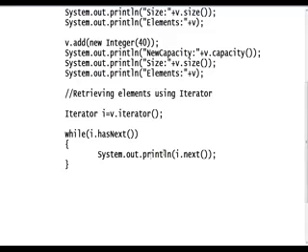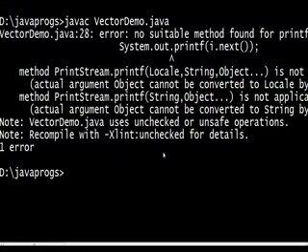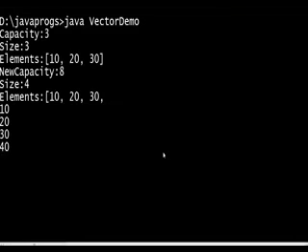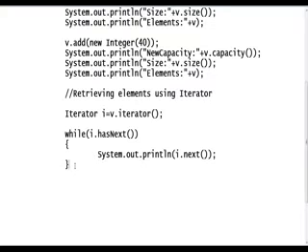We are displaying those elements. Yeah, let me check it. Java VectorDemo. Like this, it retrieves the elements. First element, second element. And the enumeration interface is also there. Retrieving elements using enumeration object.